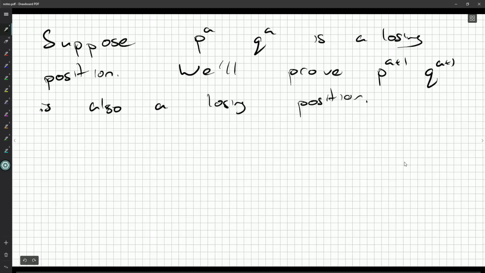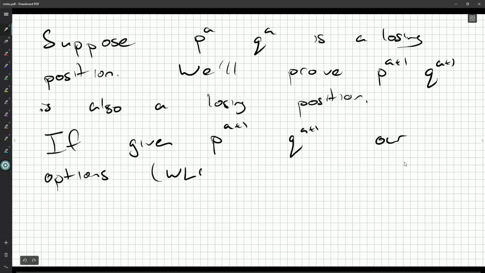Okay. So, if given p^(a+1), q^(a+1), our options, I'm going to say without loss of generality, just so I don't have to keep writing all the p cases and q cases separately, are to give